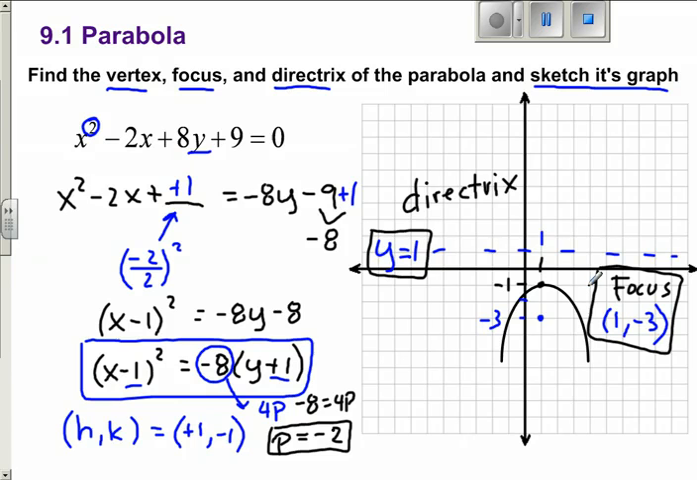And I knew that because my p was -2, so this right here, the difference between them is a -2, and then this would be a